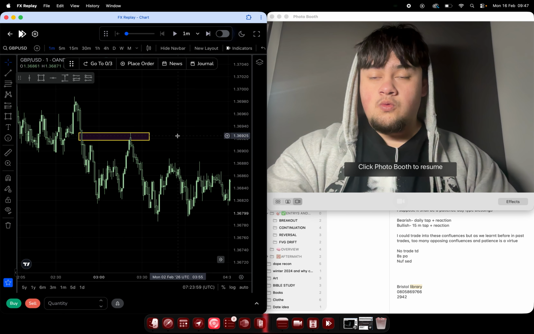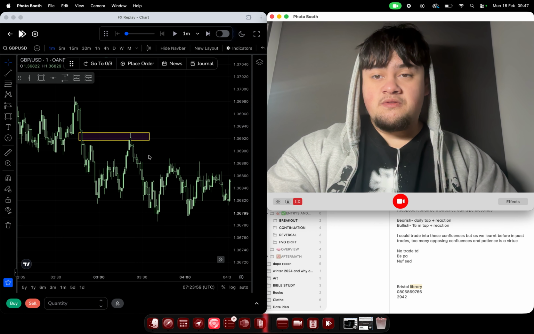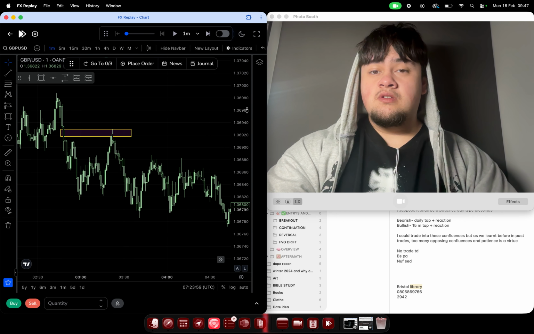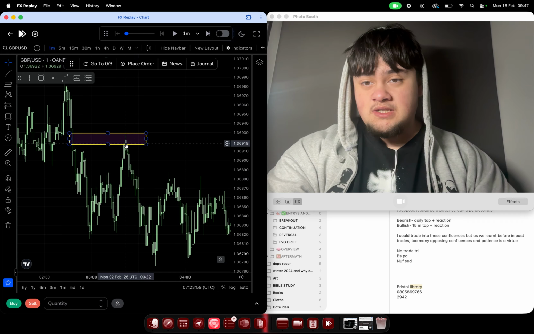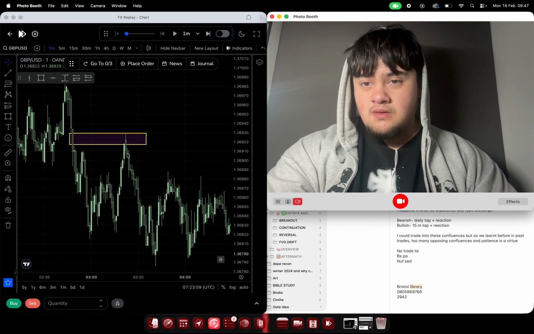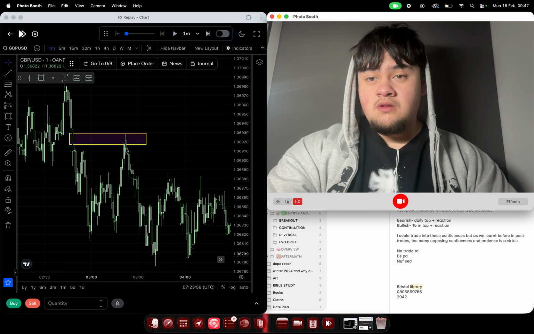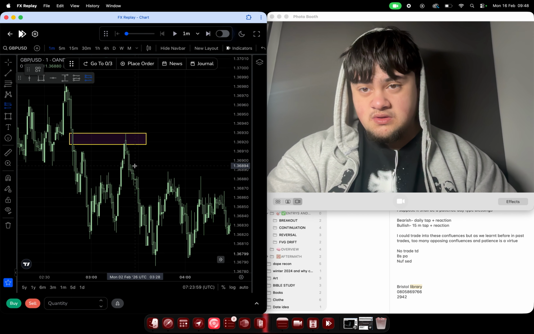And then all we're doing is waiting for it to come into this fair value gap, and then close below the candle that taps into it. So here you have this candle that comes into the fair value gap. So that's the candle that comes in, and now we're waiting for a closure below, and that has a limit of 3 candles to do that. So 1, 2, this candle closes way below. So what you're gonna do is you would enter